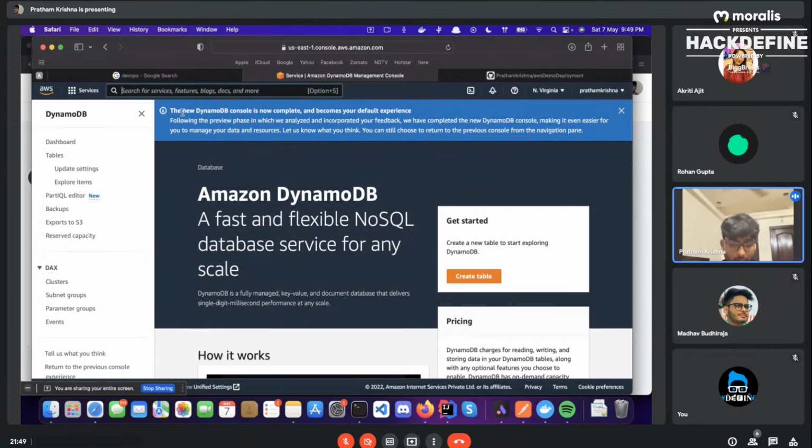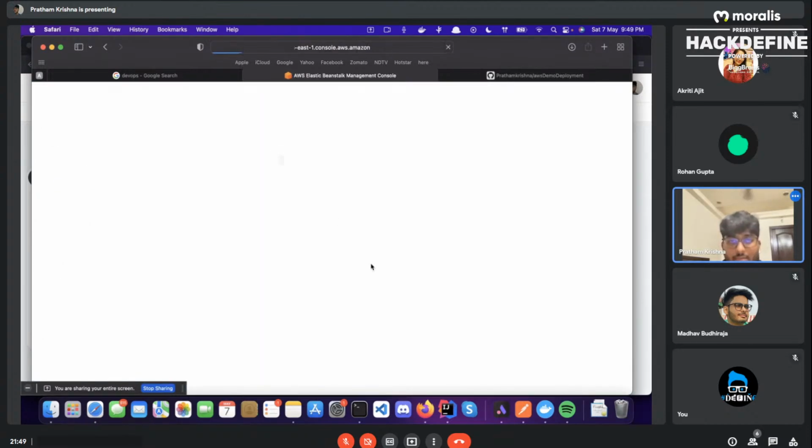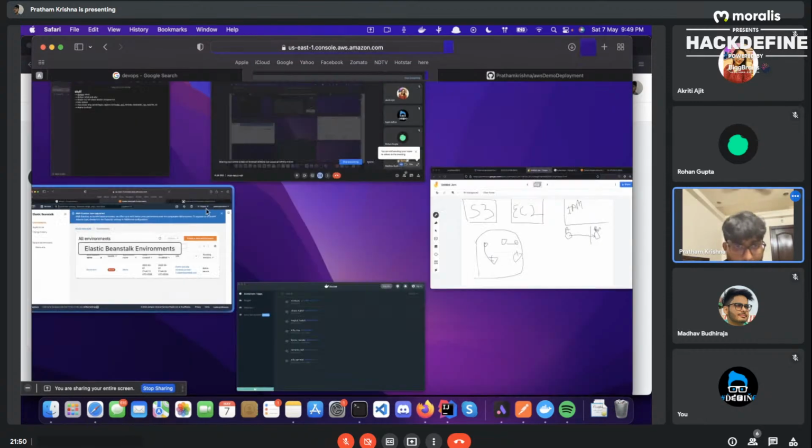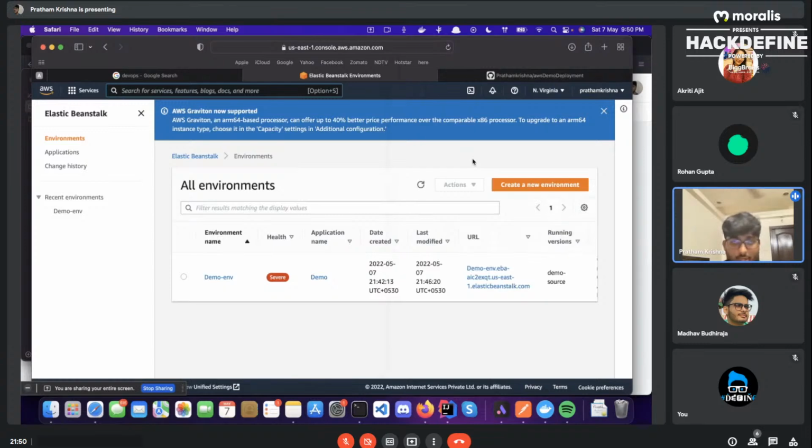Let me check, one second. I think we have covered most of the things: regions, edge locations, pricing about AWS. Another point you should know is that you get about one year of AWS free tier access to most of the services.